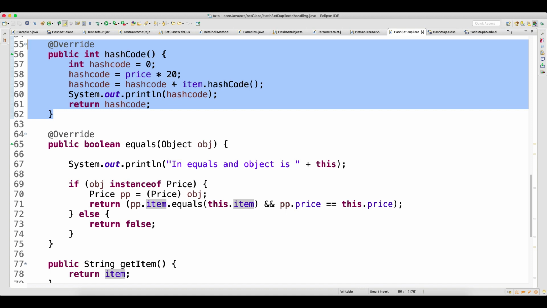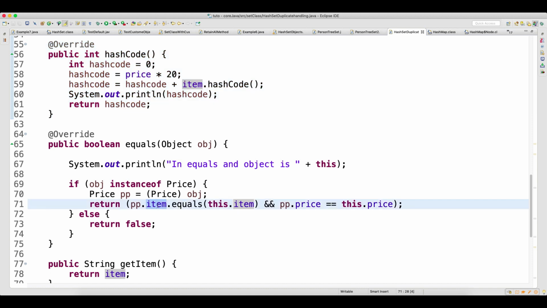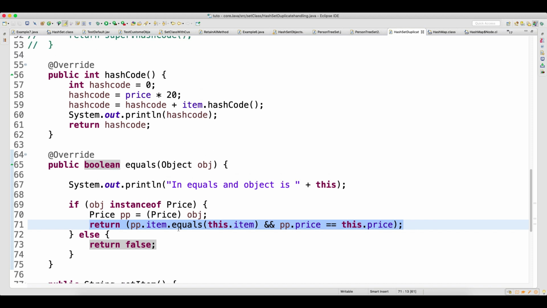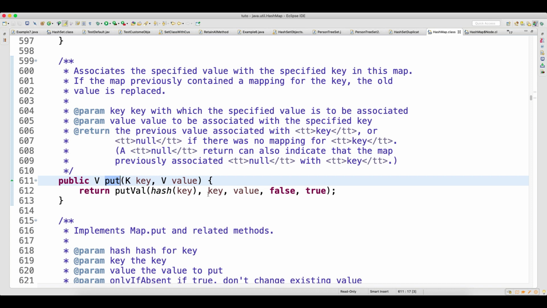So on this object, for this particular hash code, it will make a get call internally. It will check the items. Item is equal to item, yes, both are mango. It will check the item and it will check the price. So whatever mango is already inserted inside the bucket in the form of a node, it will check the price. Yes, the price is also matching. So what will it do? This will return true, because your item is matching, your price is matching.